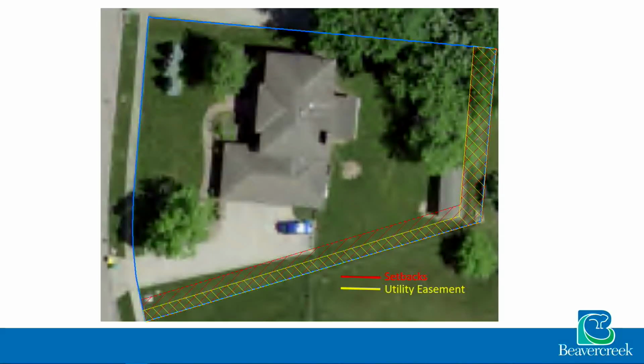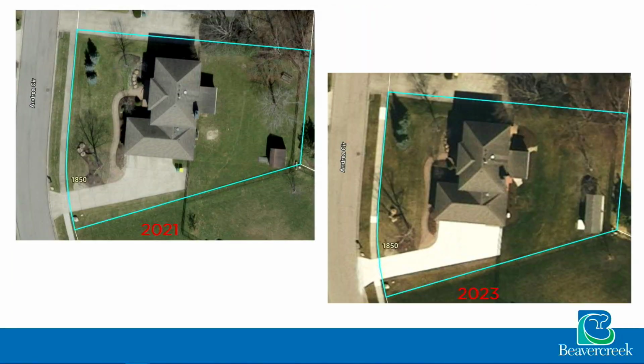I need some pictures. Can we go back to the one that shows the two sheds, the aerial view of the two sheds? Yep. For clarification, obviously you can see the footprint of the shed in 2021 versus the footprint of the shed in 2023, the two different photos, as far as the size. Obviously, some of that's going to be overhang, but the shed is larger.